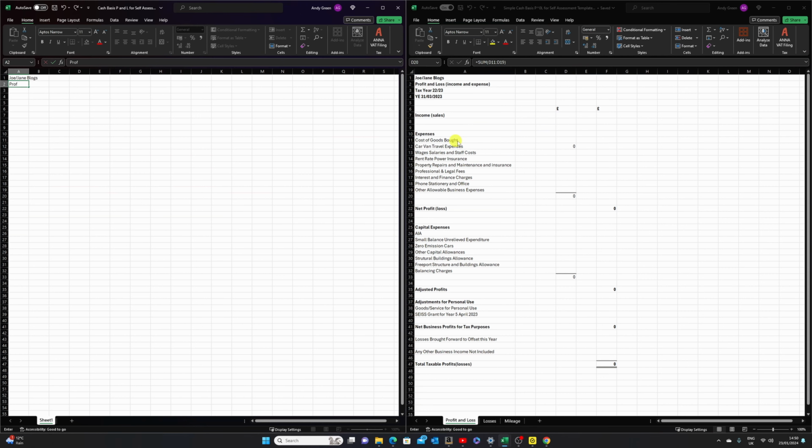Then when we go enter, it will go down to the cell below it, and we're just going to start typing profit and loss and income and expense. Yep, close brackets. Then we're going to hit enter again. Then we're just going to type in tax year. And this one, we're going to assume it's tax year 22-23. Hit enter. And then we're just going to type in for year end